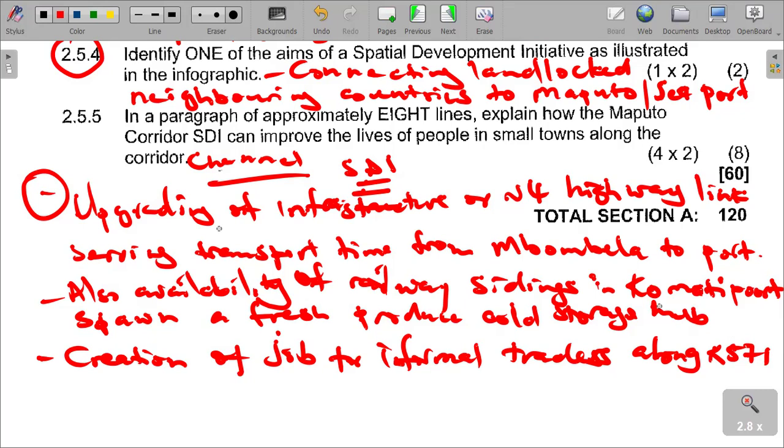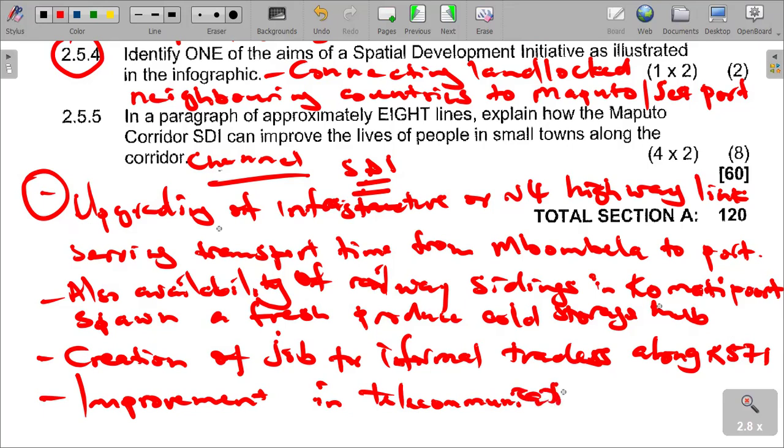We also talk about improved cell phone coverage, because of that improvement in telecommunication coverage. For example, some shebeen owners can now sell